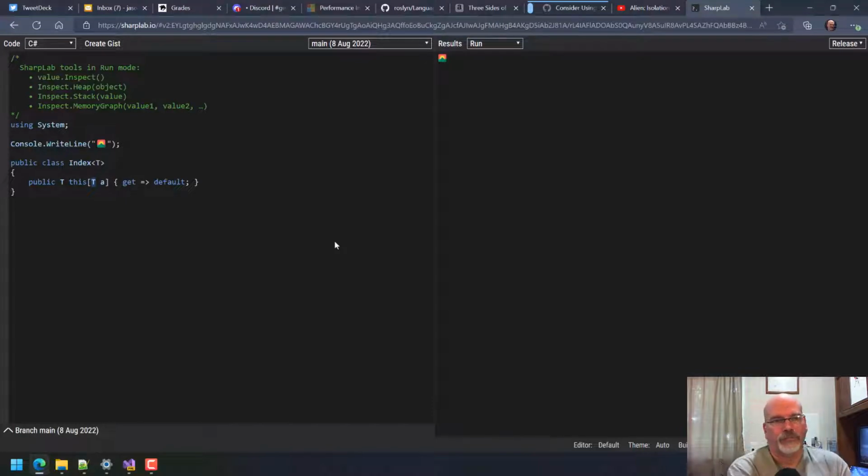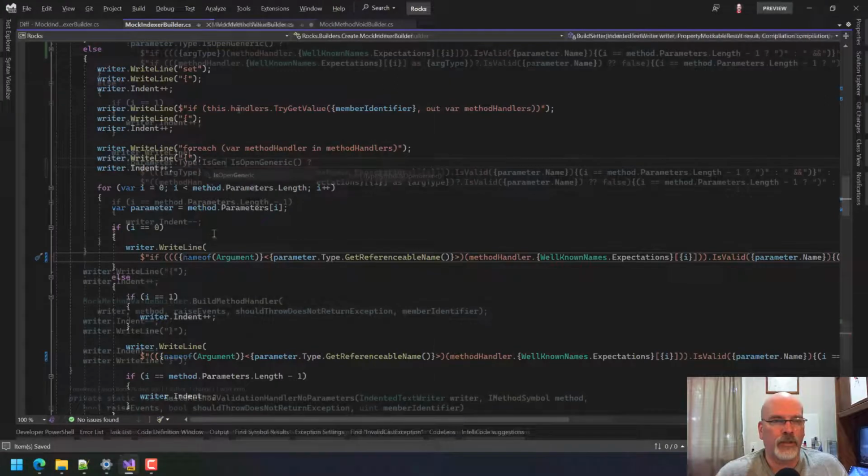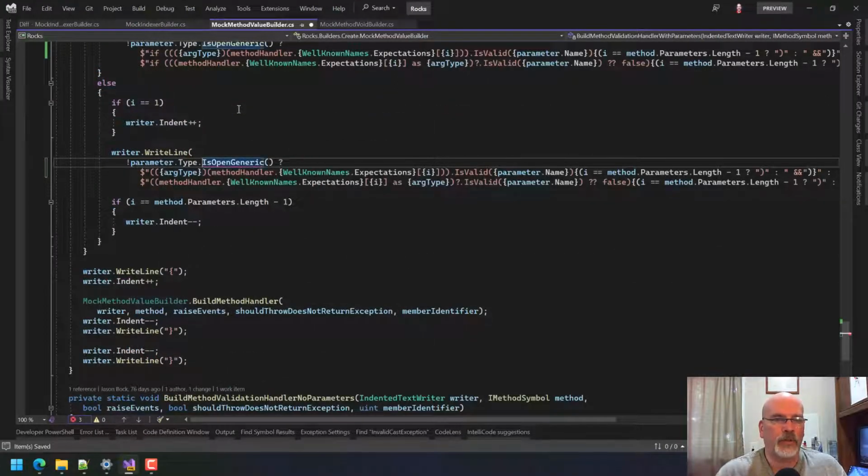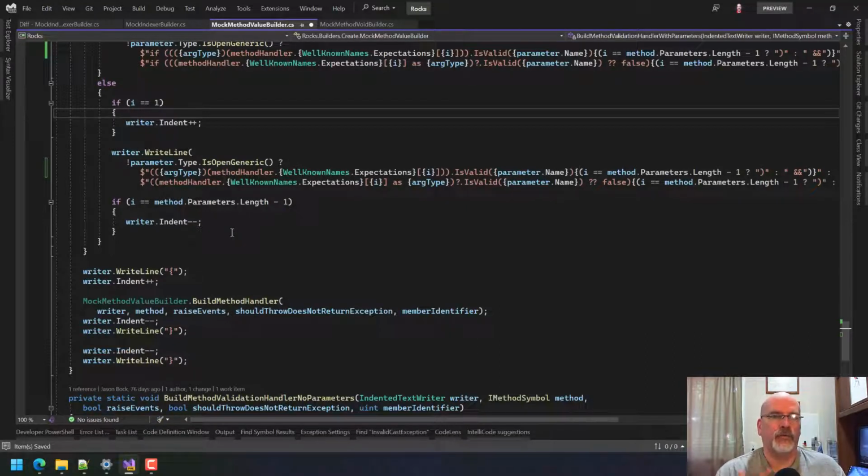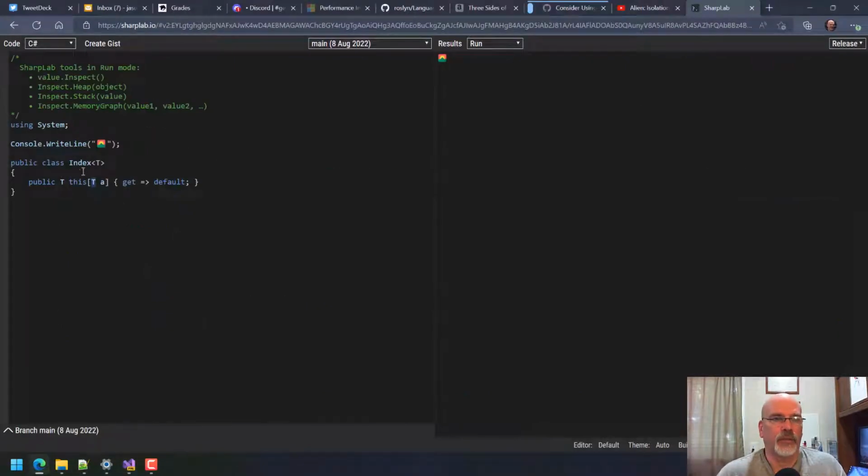So that's another thing: is this a type? Well, it's not saying is generic. It's saying is open generic. Yeah, it just says, is it open or not? And I'm reading that as, is it a generic that is open? And I would imagine if you did this, then that wouldn't be considered open. You would know what you're casting it to.